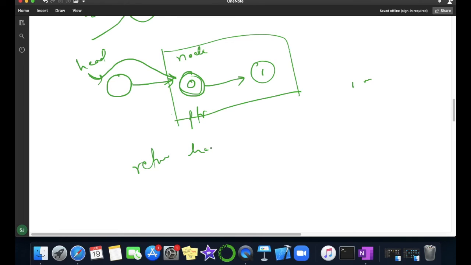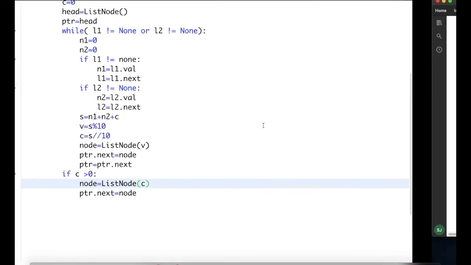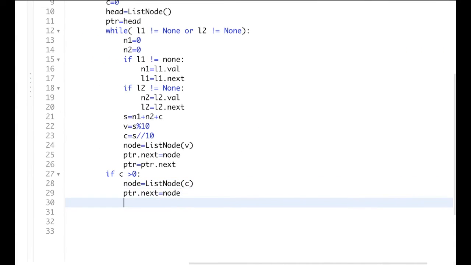So we'll simply return head.next. We are done, and at last we will update our head. So return head.next. Over.